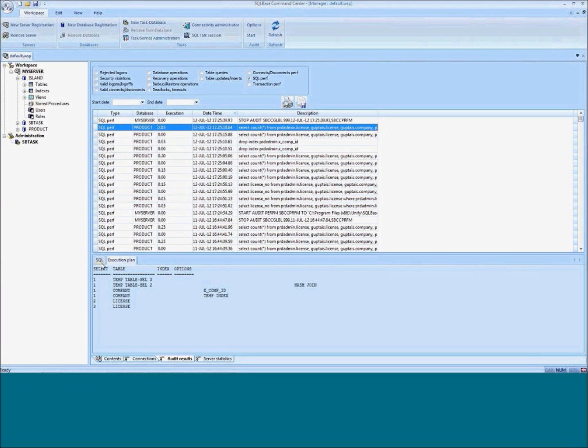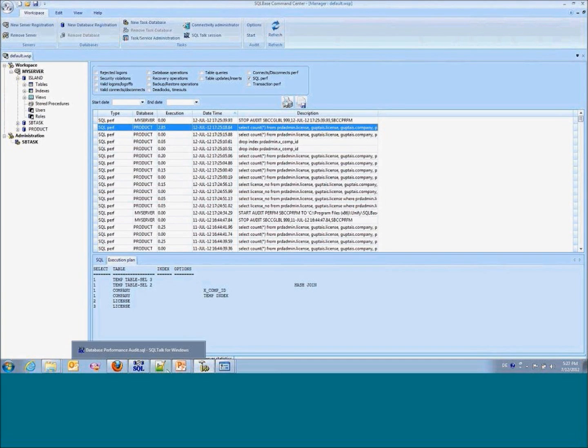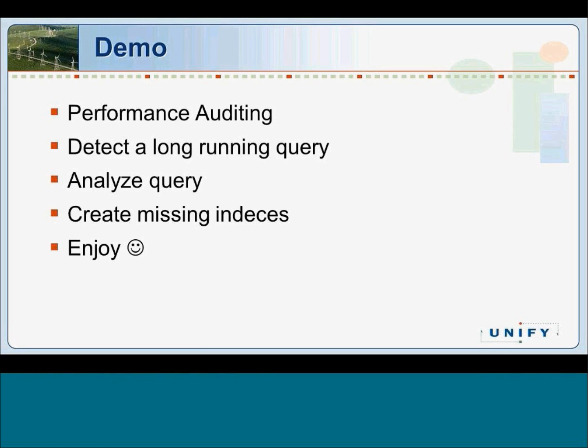So this is how you analyze query performance on your backend, and you see where problematic areas are that you can improve yourself by creating new indexes, by looking at what the engine does, how SQL statements are being executed. This is a nice tool, Command Center, actually, to find ways to improve your query performance.